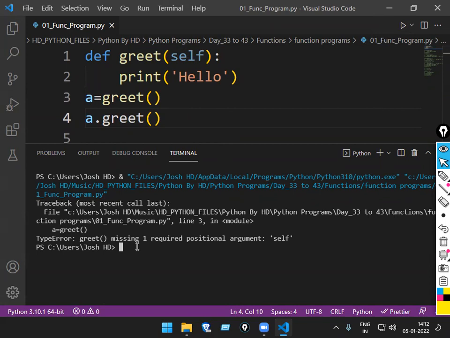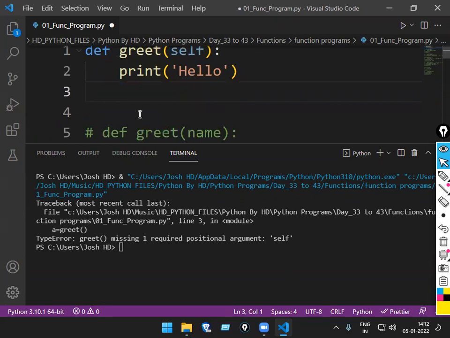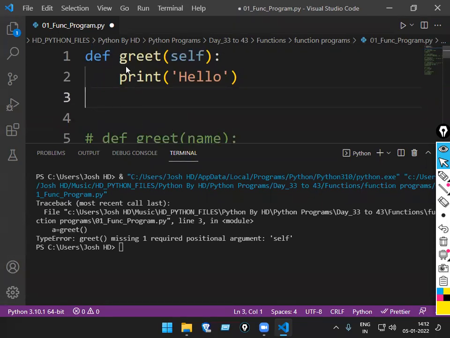Here we are doing the basics now. We don't have any class here, so there is no need of creating the object. When we have the class, that time we have to create it. But here there is no class, so just pass greet.